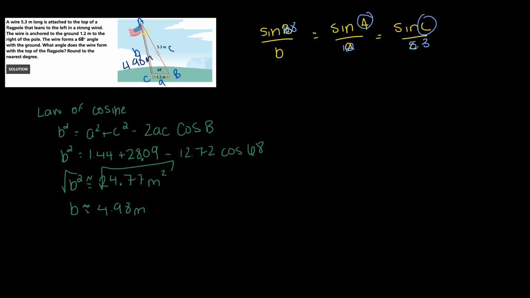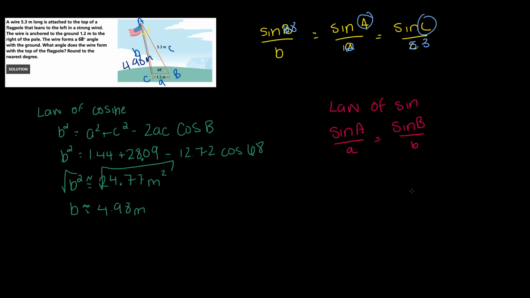All right, so why did we do all this work? Well, this gives us a side and an angle. So all we have to do is find angle A. So I'm going to use the law of sines now. So I'm going to do sine A, which is the one we're trying to find, divided by little a, equals sine B